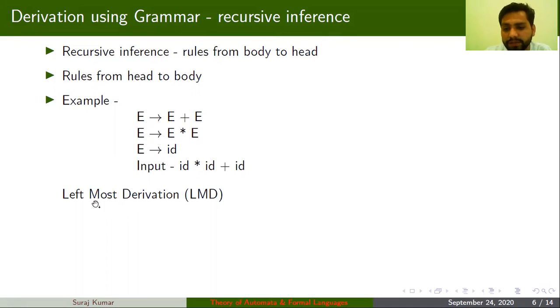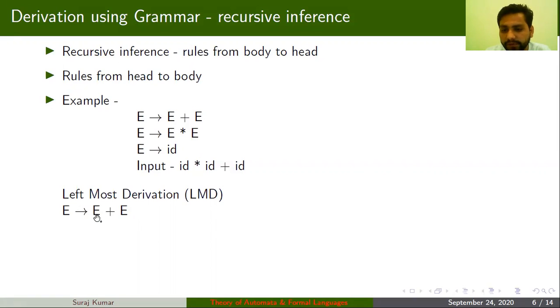So let's first talk about the leftmost derivation. I wanted to generate this string: id star id plus id. So what can I do? I can start from the starting symbol, that is E, so I can write E plus E. In case of leftmost derivation, what we can do,